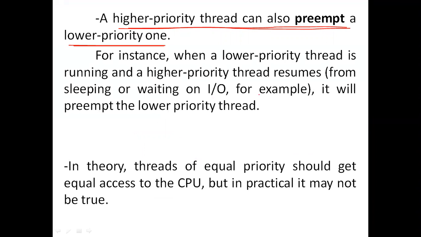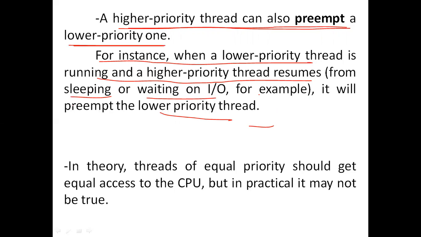See the next point, which we have discussed just now. For example, when a lower priority thread is running and a higher priority thread resumes, or it has newly entered, or previously it has been stopped for some reason, like it has entered into a sleeping state or is waiting for some input output operation, and after completion of that it has again resumed. In that case, the higher priority thread will be given the execution when compared to the lower priority thread. So it will happen forcibly. That is an important term we have to remember.